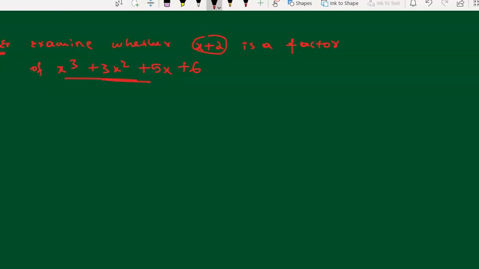Okay, I hope you understood, guys. So you have to check. The same thing, he is giving you one more question. This is one more polynomial. For this also you have to check whether this is a factor of this polynomial also, that is 2x plus 4. Here he has given two polynomials and he is asking you to check whether this is a factor of those two polynomials or not. Let's begin the solution.